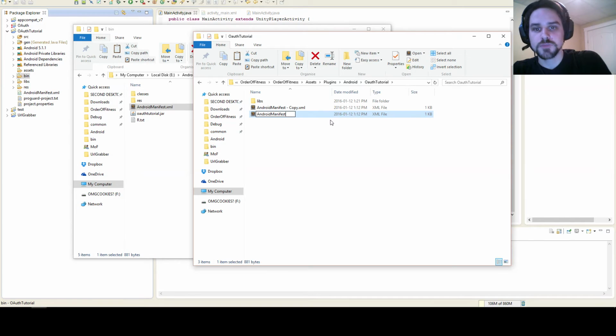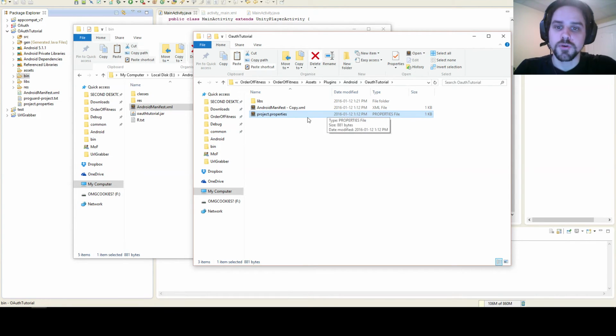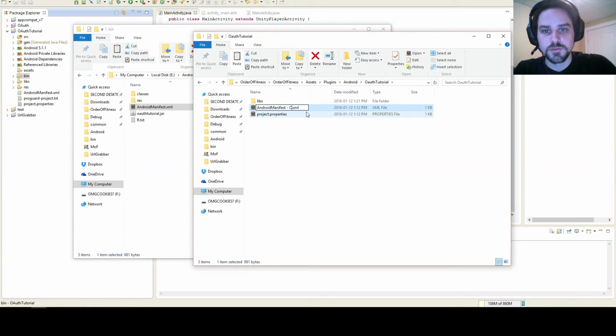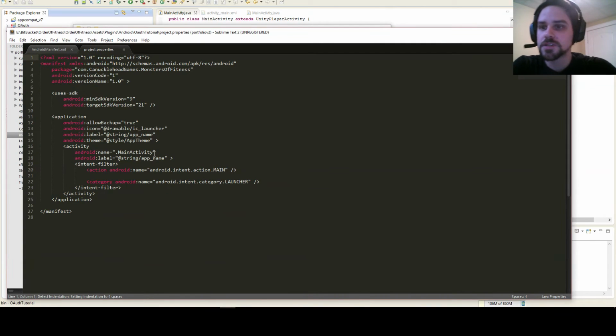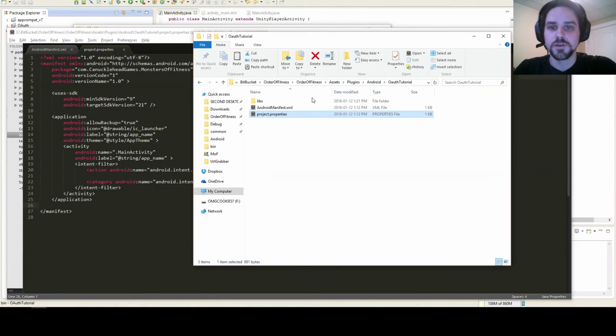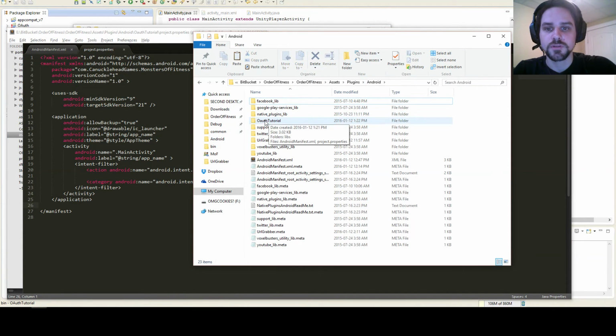Not sure if I can actually just make a properties file or not. Of course I can. Awesome. So make a project.properties and an Android manifest without the copy. So inside your project.properties, you don't actually need all this. The only thing you need inside the project.properties